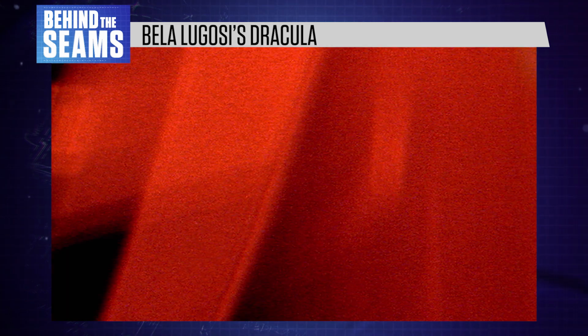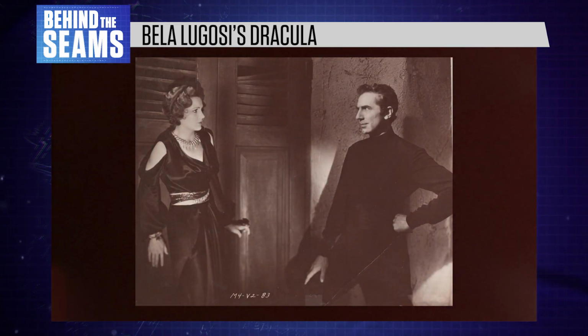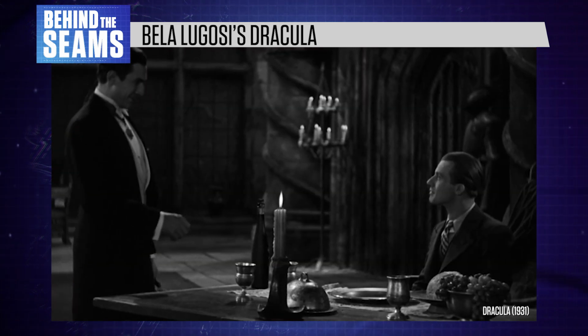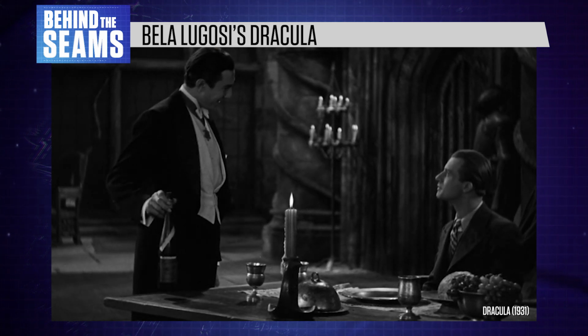In 1927, Hungarian actor Bela Lugosi took over the role, and for many people he's still the definitive Count Dracula. Already an established actor in Europe, Bela Lugosi fled Hungary in 1919, endangered due to his anti-fascist pro-union politics. Emigrating to the United States, he worked as a labourer before returning to the stage, landing his first